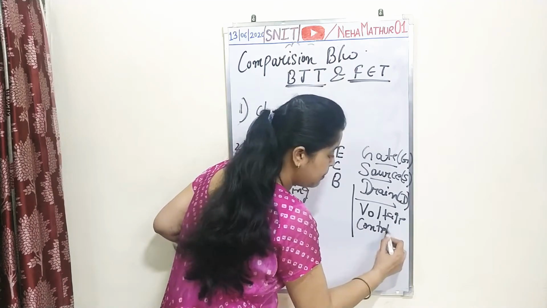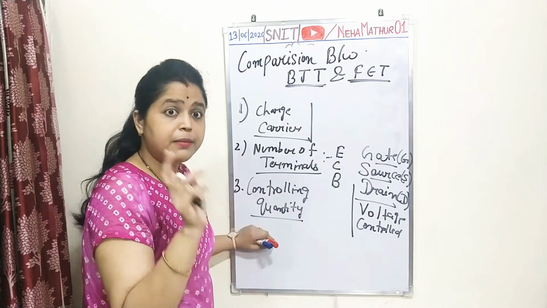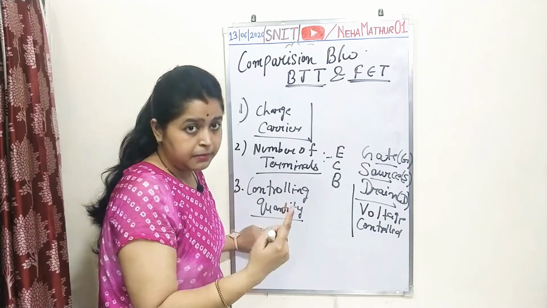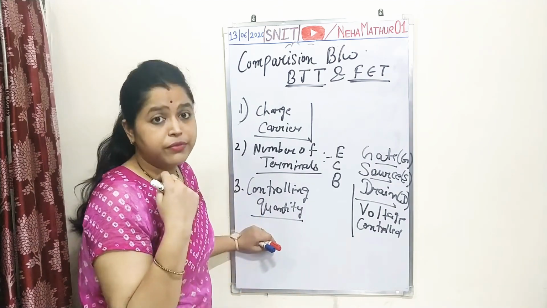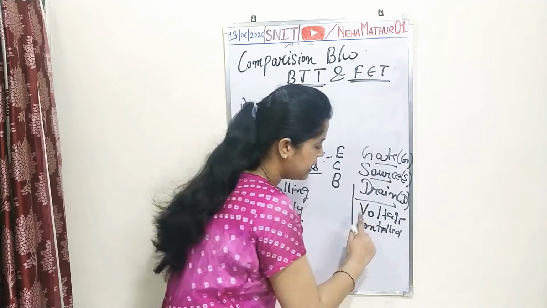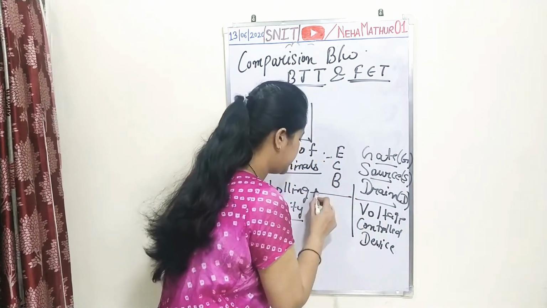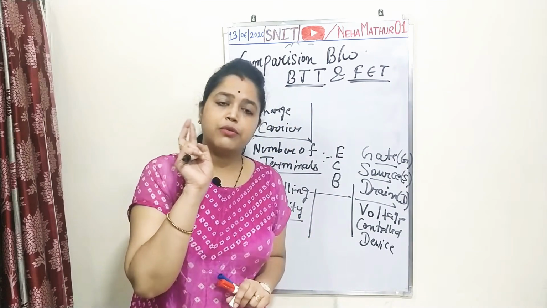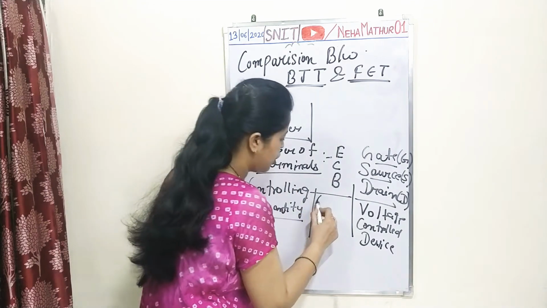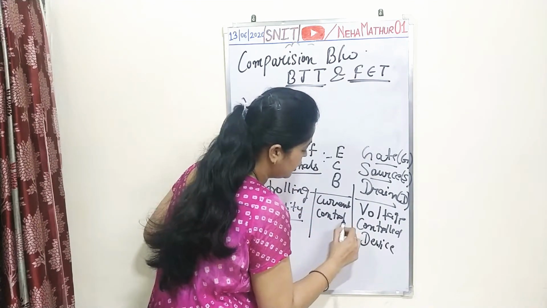This is the important parameter for both the types of transistor, and many times it is asked in competitive exams that BJT is which type of control device, same with FET. So remember, FET is a voltage control device, while in case of BJT the output in terms of voltage is controlled by applied input current. So this is your current input device, or you can say current controlled device.